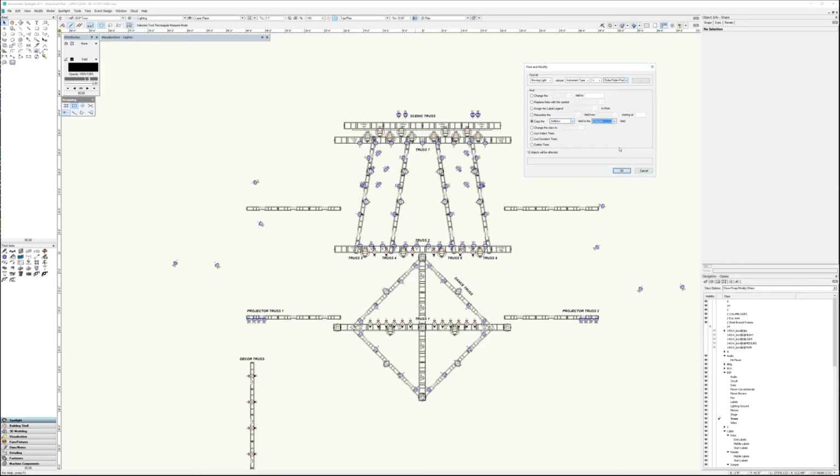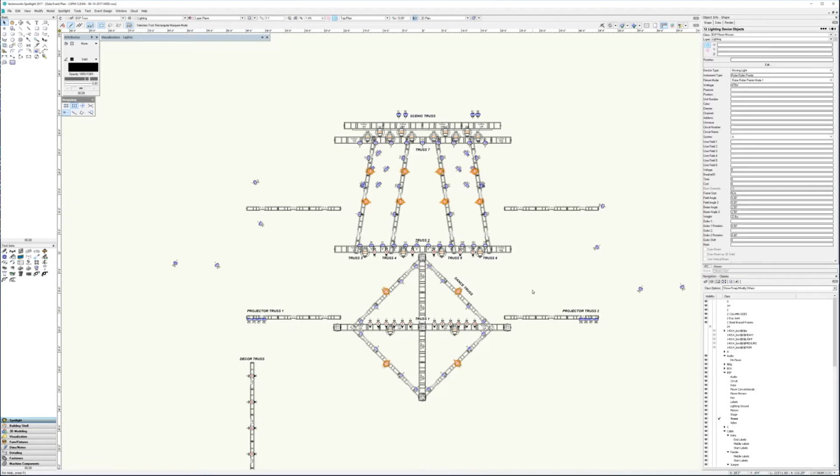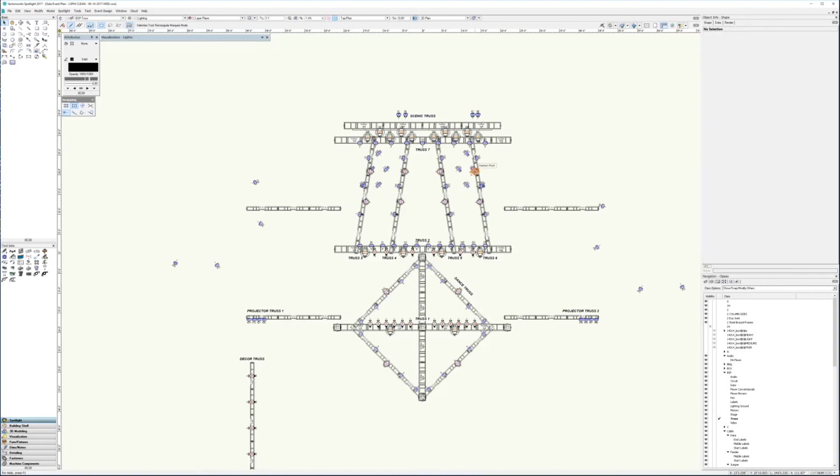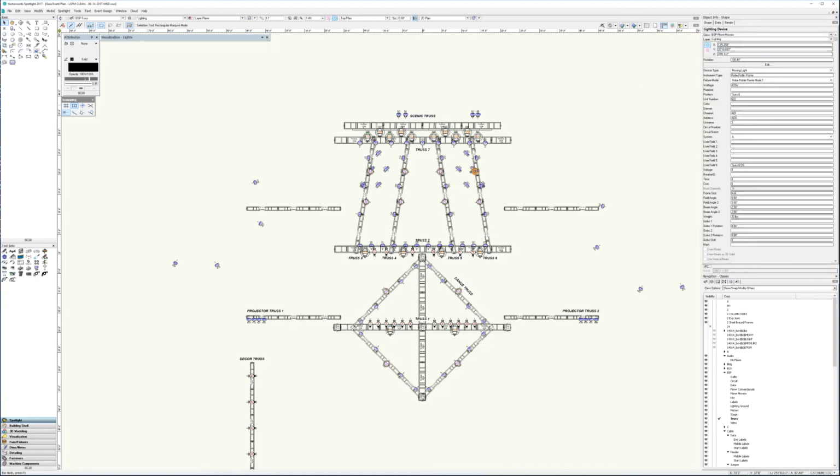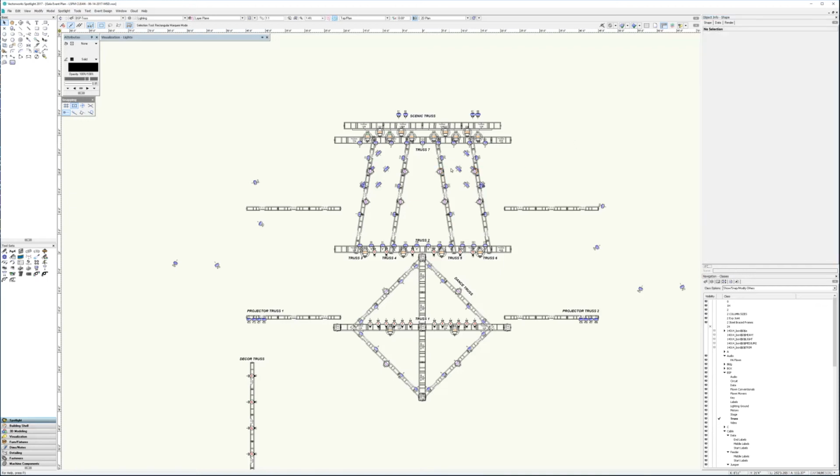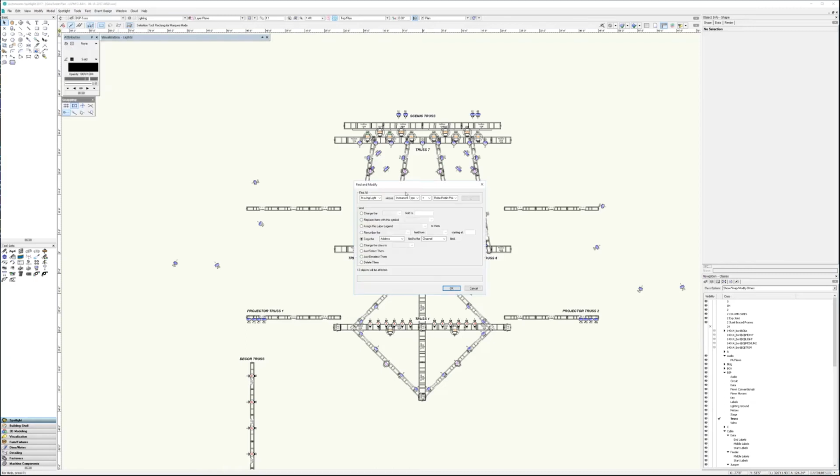Very easy, very quick. You'll see here that I have 12 objects that will be affected by this. I simply hit OK, and you'll see now that the points are highlighted. I'm going to confirm that it did in fact work, and yes, it did. The address and the channel are the same. So we're going to continue doing this. I'll do a couple more, and then we will pause the video, and when you get back, we'll be ready